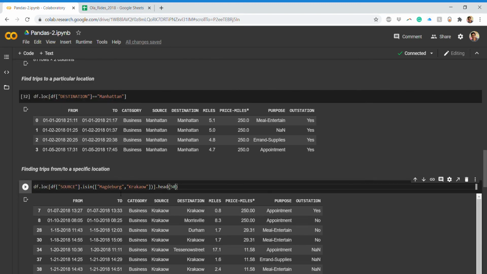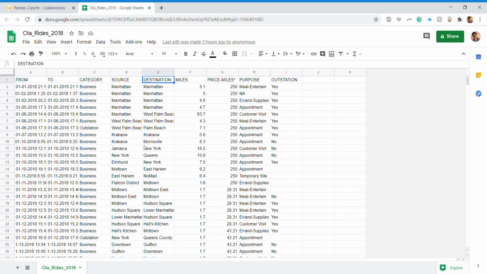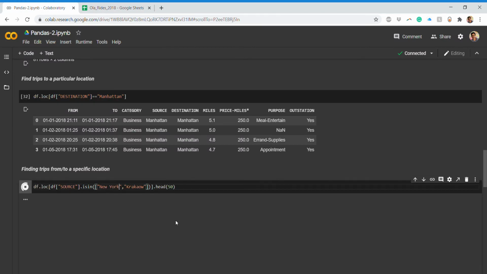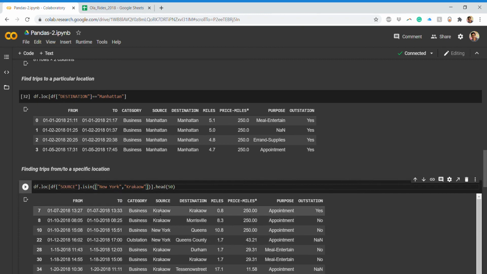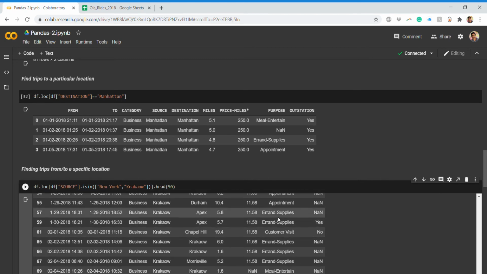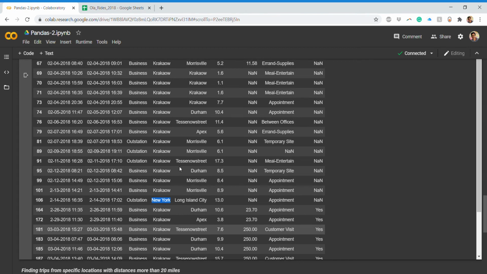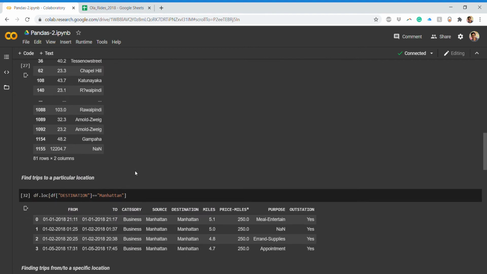So we have this filtering condition that is done. Or else, let's put some other name. If I have say New York, you can see New York here because not many occurrences of New York are there. That's why we got this. But this will depend upon the customer and how he wants the result. Based upon that, you have to fetch the particular result.